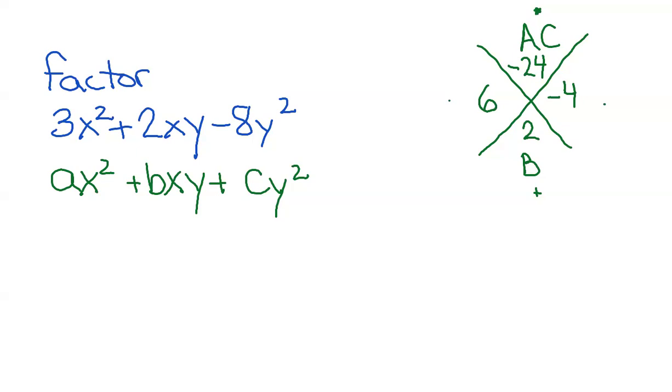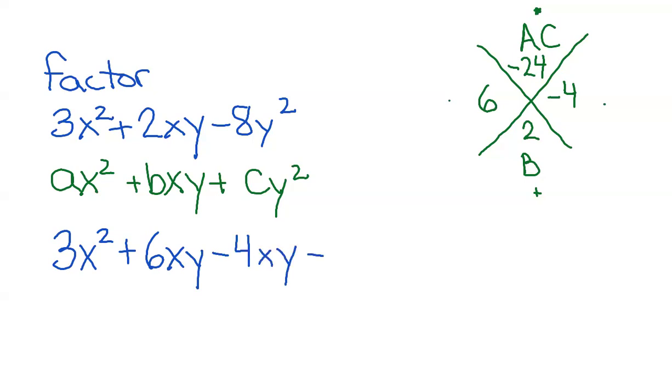Okay, so what we do with that information is we rewrite the middle term. So we'll write 6xy, take away 4xy, and then we leave our other two terms alone. So we just rewrite the middle with these two new values, right? 6 and negative 4. And now we start to group